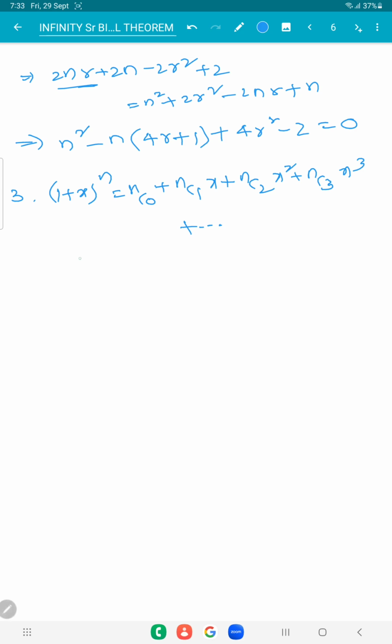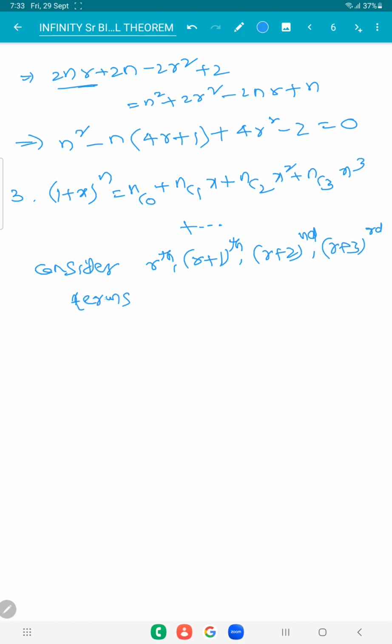Let us consider successive means rth, r plus 1th, r plus 2nd, r plus 3rd terms in this expansion. So the quotients of these terms are given as